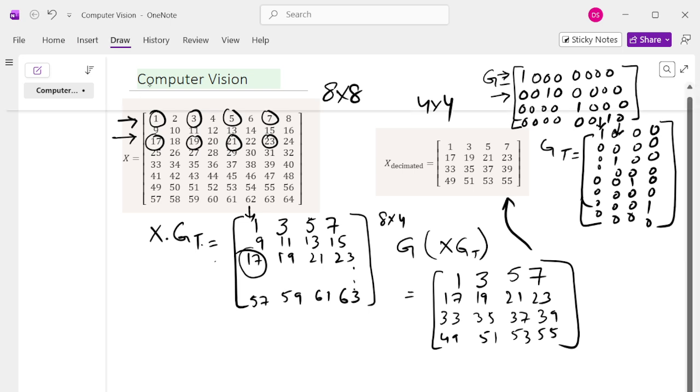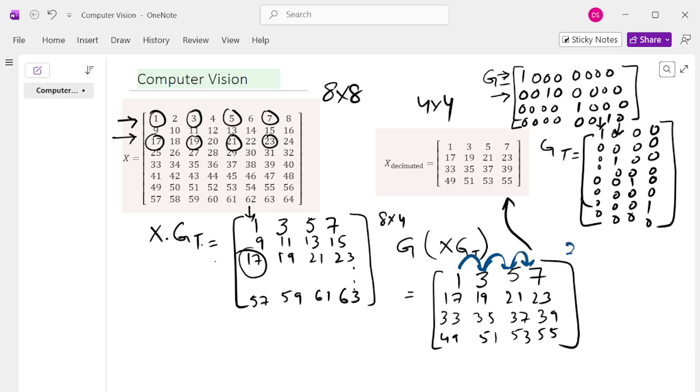So we have actually done the first part, which is the decimation from 8 by 8 to 4 by 4. But if you look at the values here, we have a jump of 2 across our columns and a jump of 16 across our rows. So this is sort of an artifact. If you look at this with respect to the original image, we have smooth transitions of intensity